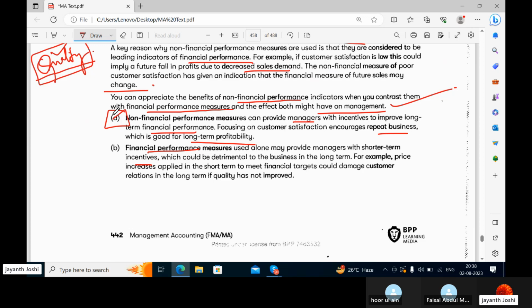In the short term, if you look only at profits and you damage the relationship with your customers by giving them poor quality goods, then they will not come to your shop again, and they will spread the news in the market that you are cheating them and giving them bad quality or obsolete products, and other potential customers may also not turn up to your business or your shop. So you are going to lose a lot of business in that case.